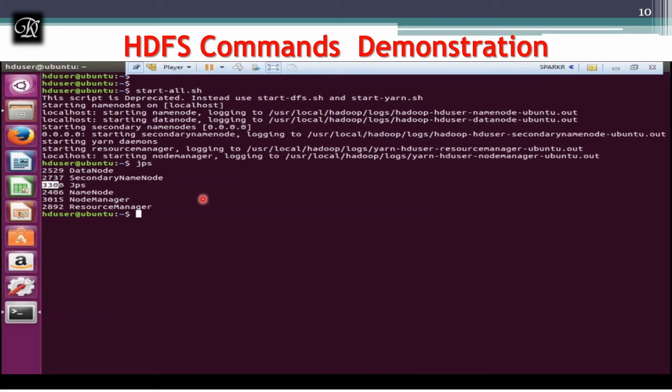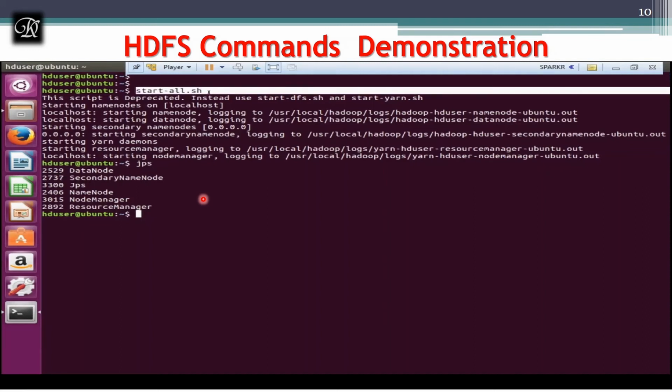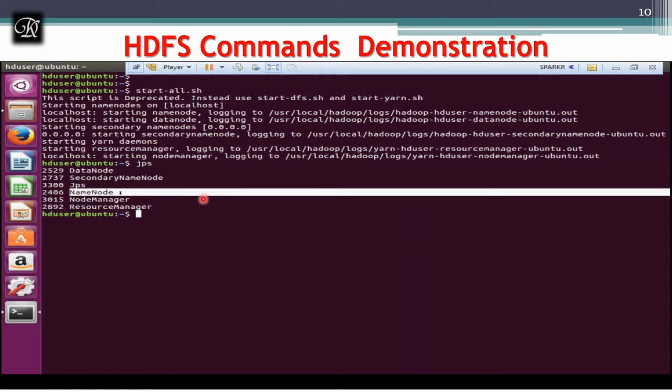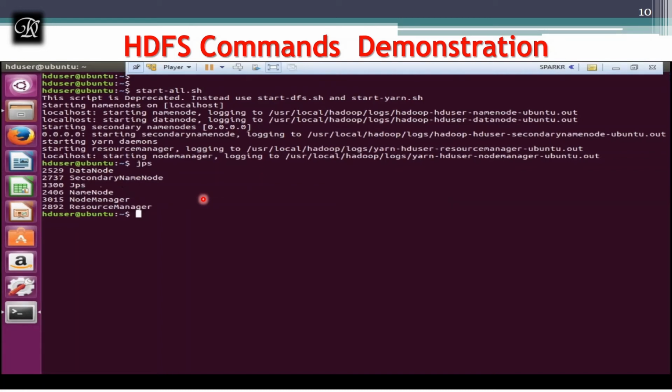These are called the process IDs, which you might have heard of or studied in operating systems. These are unique IDs given to a process. When a program is running, that is called a process, and it is uniquely identified with the process ID. So that is given over here. Don't worry about those numbers. Just make sure all these daemons are started. If these 5 daemons are started, it means your Hadoop is started. Hadoop is started now with name node, secondary name node, resource manager, data node, and node manager.